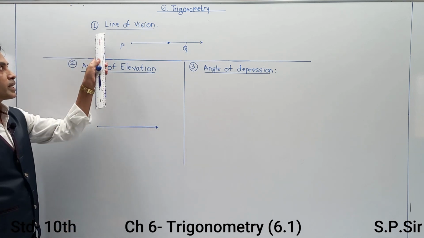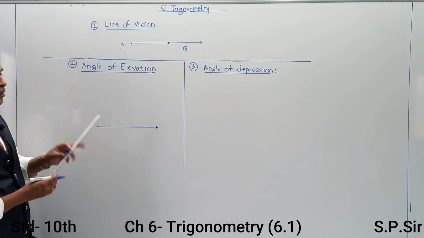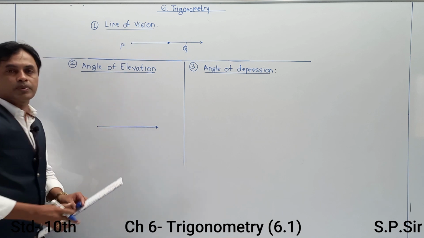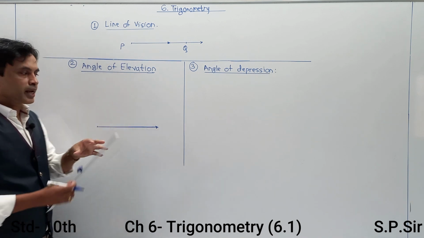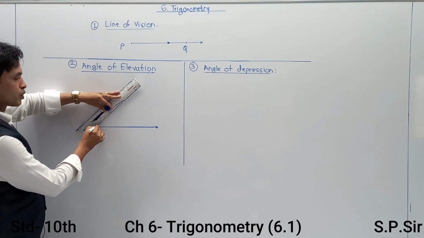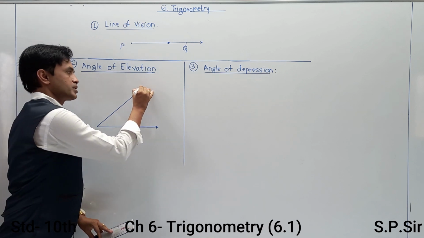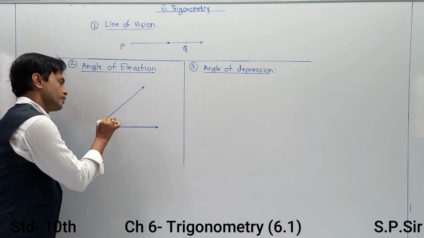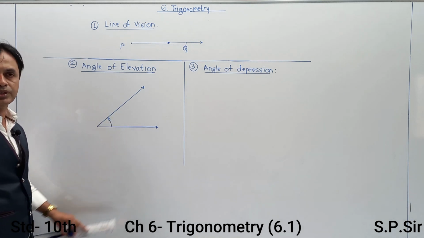Let us say we can call it a line of vision, which is a horizontal line. Now if the person is going to observe any object which is at the top, let us say a bird is flying, or an aeroplane is moving in the air, naturally this person is going to observe the object in an upward direction. Logically, in terms of geometry, your angle is moving in an upward direction.